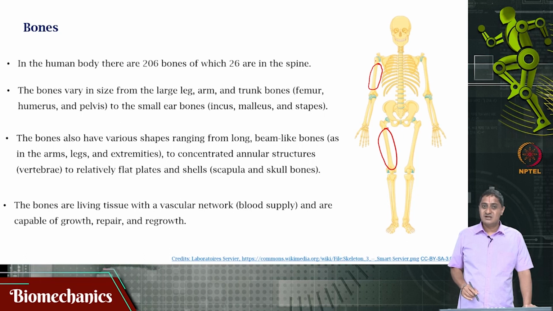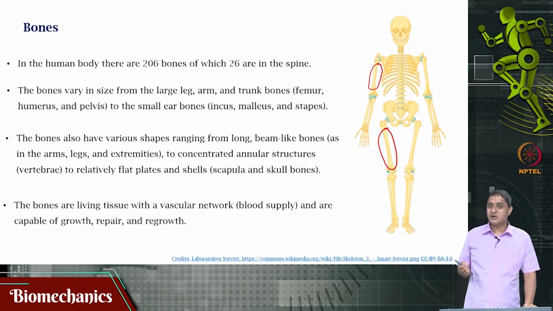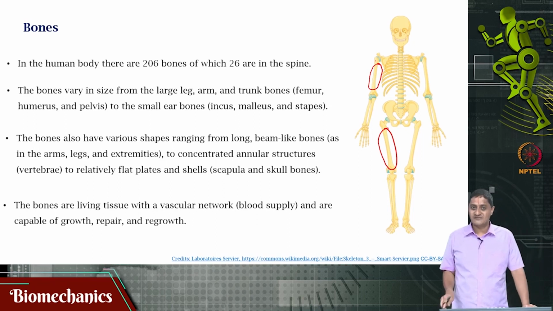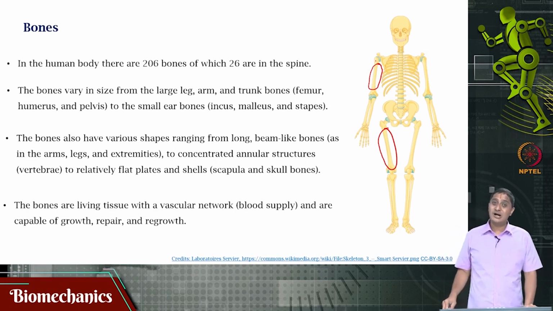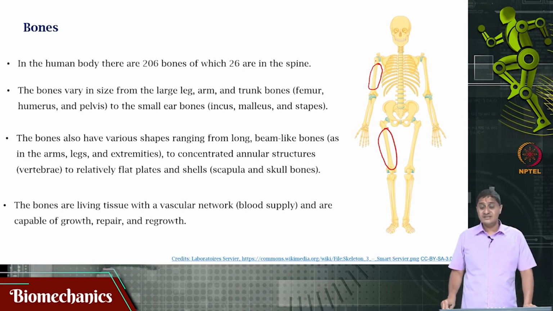Their function is to pass the spinal cord, which is a bundle of nerves, safely through a strong bony structure, so that those nerves are not damaged. This is a critical function of the vertebral column. So, these are annular structures such as the vertebra,